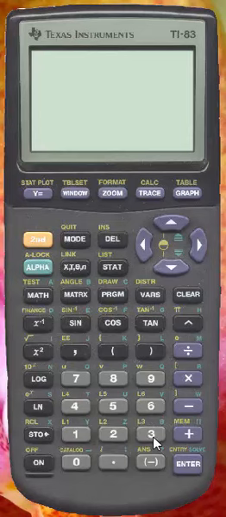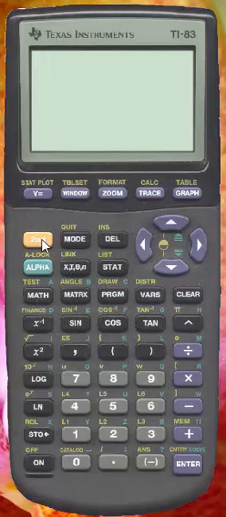So we'll talk about how to set up our calculator to bend to our will when wanting to use a function and input a particular set of numbers and see what happens to the outputs. So for example, when we're calculating limits. So the first thing we want to do is set up the table.